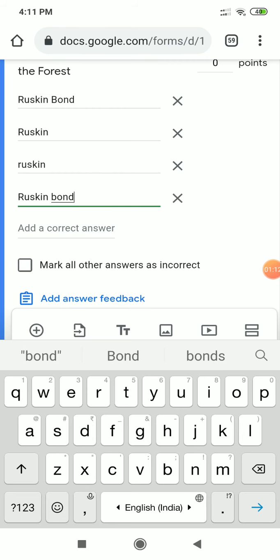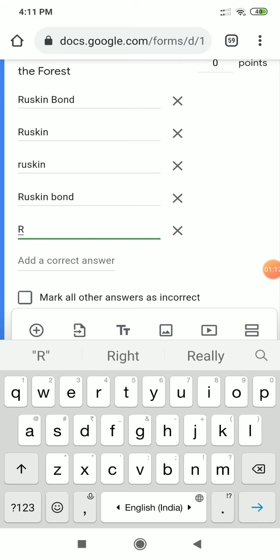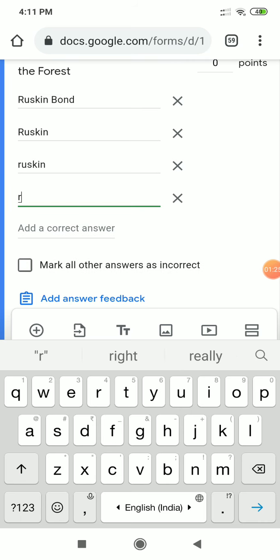So this I have given as fourth option. Then student can write everything in small letters. Sorry, Ruskin Bond. It's autocorrect working over here.